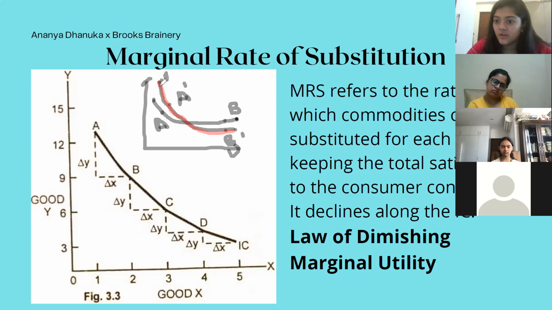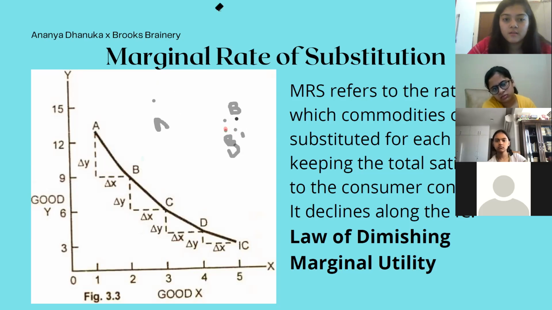And a higher indifference curve always represents a greater level of satisfaction. But here, the consumer should be indifferent across these two points. If I draw the figure here, and indifference curves are intersecting, then the level of satisfaction that A prime is providing to me is greater than the level of satisfaction that B prime is providing to me, because I can naturally see when I plot the bundles. Oh, okay, I got it. You see, it conflicts logically, which is why indifference curves don't intersect. And excuse me for the beautiful drawing.